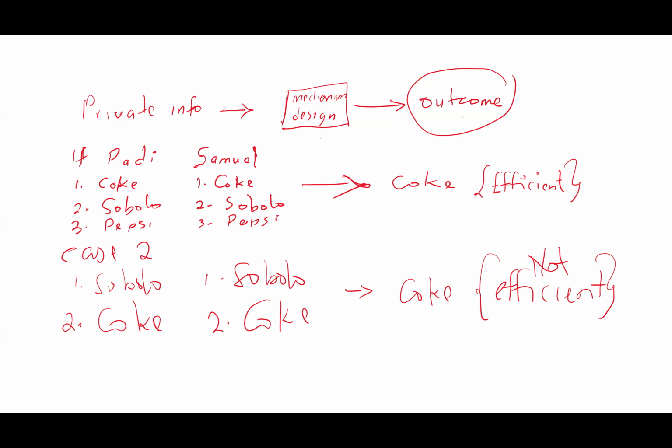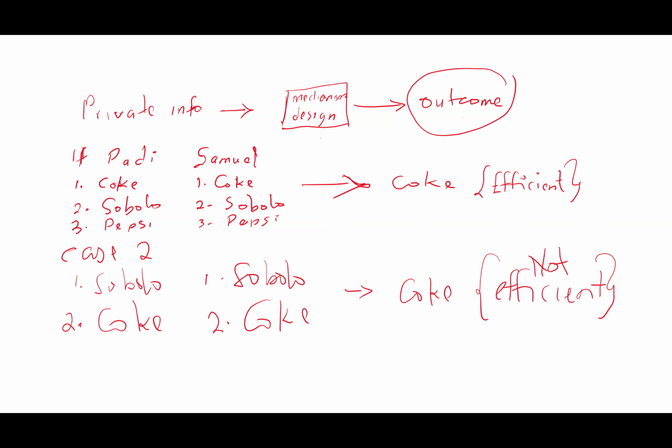I was trying to develop this for you using your names. So sorry if we don't have Paddy and Samuel in the class, but this is a game where we have two people, Paddy and Samuel. And at the end of the day, what I'm trying to say here is that you have your preference and I have mine. Okay. So think of, let's say, a party. So Paddy and Samuel are organizing a party, and we are looking at the drinks that we want to serve in the party.